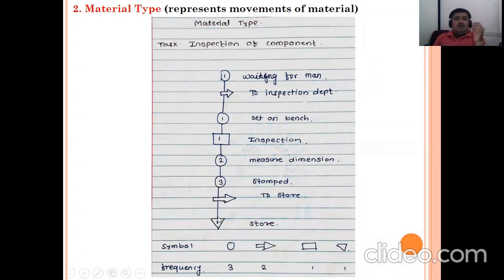Then measure the dimensions. When a person takes the vernier caliper and measures, it is the material's dimensions they are measuring: length, width, drill, whatever you want to measure. Okay, then stamping. Stamping is done on that material. Is it right? You know after preparing the job, you put your roll number as a stamp there.